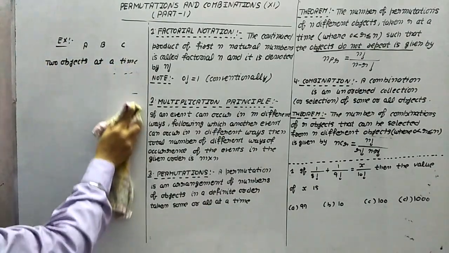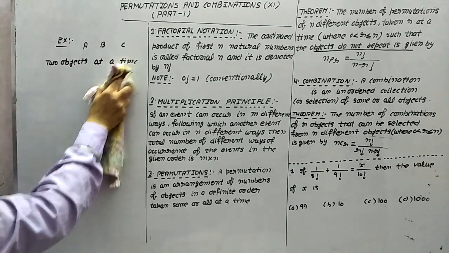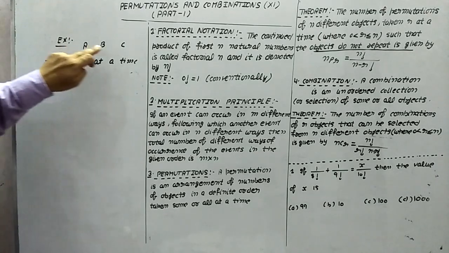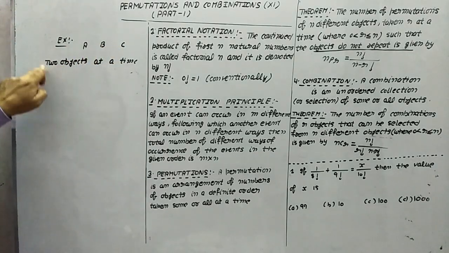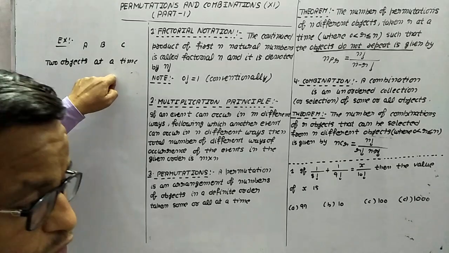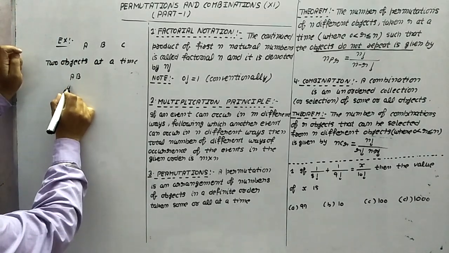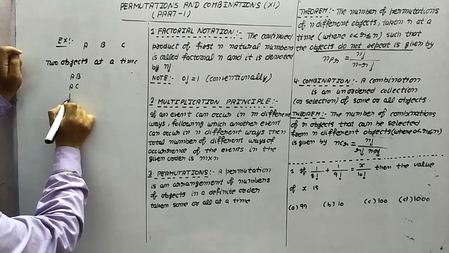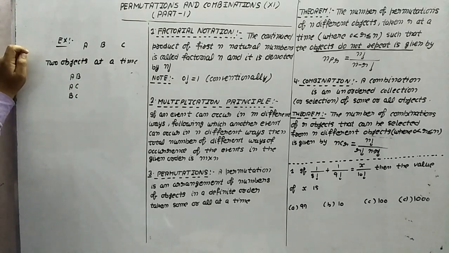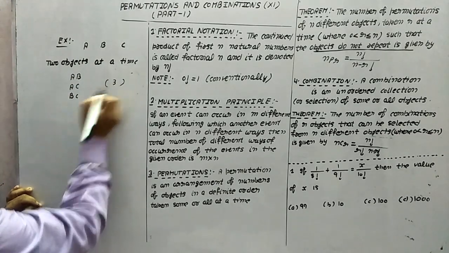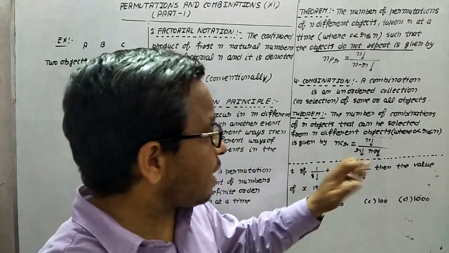Now what is the other way? Combination. What happens in combination? Selection. And in permutation? Arrangement. Now look, I have 3 objects and I want to take 2 objects at a time and I want to do selection. So in selection it can be AB, AC and BC. AB and BA will not both be counted, that is the case of arrangement. Here we are doing selection. So how many ways did we get? 3 ways.